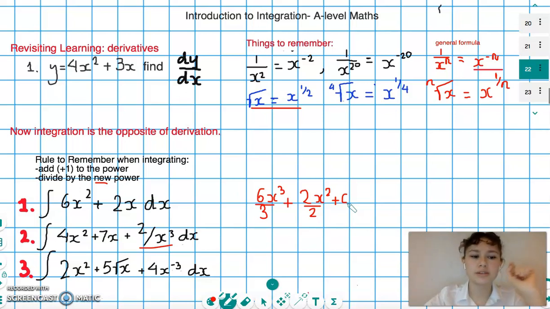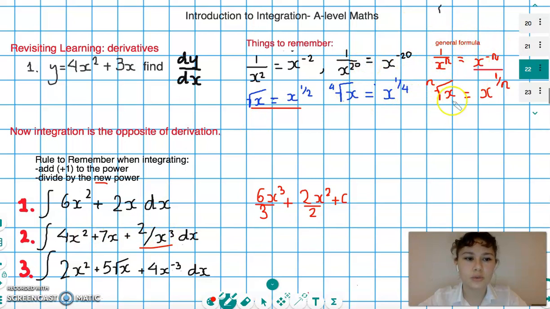But you do and must have to write plus c at the end of your equation in order to receive full marks. You will lose a mark if you don't write plus c, so it's very, very important that you write plus c. So for the second question, we will, as I've written at the top right corner here,